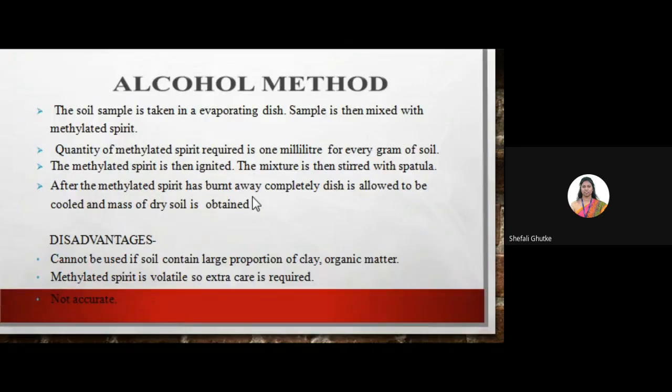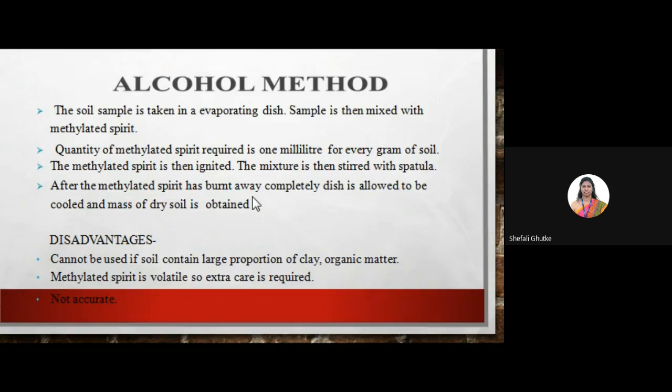The next method is the alcohol method. The soil sample is taken in an evaporating dish. The sample is then mixed with methylated spirit. The quantity of methylated spirit required is 1 milliliter for every gram of soil. The methylated spirit is then ignited, and the mixture is stirred with a spatula. After the methylated spirit has burnt away completely, the dish is allowed to cool